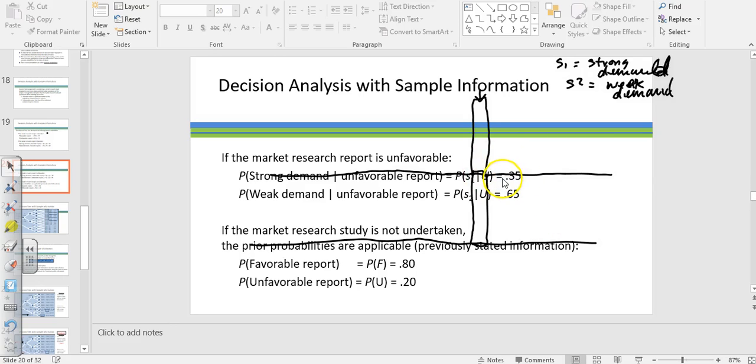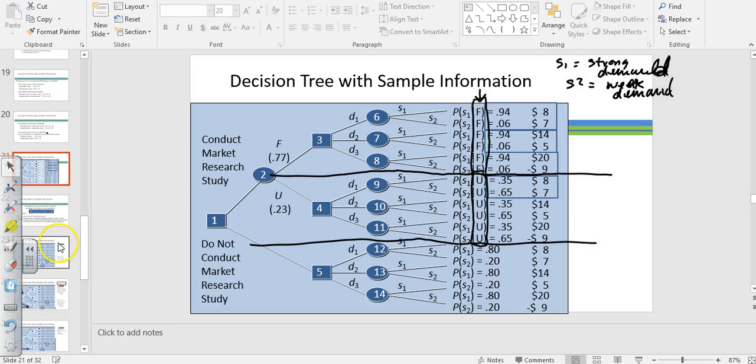Okay, unfortunately it's a little messy here, but given an unfavorable report, the probability of strong demand is 0.35. Given an unfavorable report, the new probability of weak demand is 0.65. So again, given an unfavorable report, the probability of strong demand goes to 0.35 rather than 0.8, because now the market research company is saying, oh, beware, things aren't as good as you think. So it's not really an 80% chance of strong demand. It's really only a 35% chance of strong demand because you got this unfavorable report from the market research,